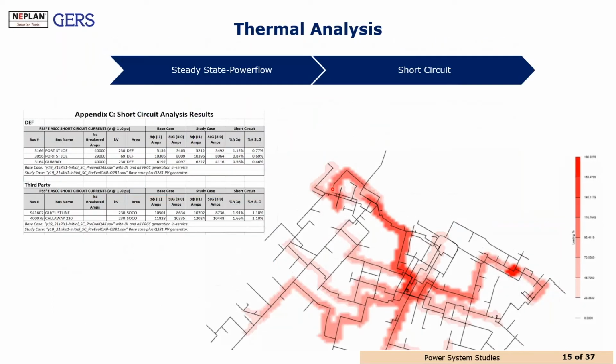However, let's talk about different analyses that we have to consider on the power system studies. The other one is about the thermal analysis. The thermal analysis considers steady state or power flow conditions and short circuit simulations. And I'm illustrating here over a distribution network how the power system simulation allows us to validate the impact or not for the topologies, for the loadings, and for sure for the connection request of any kind of device.